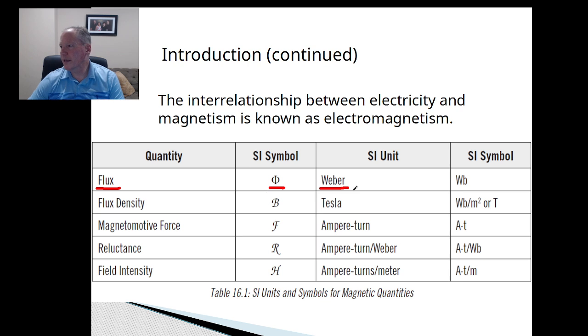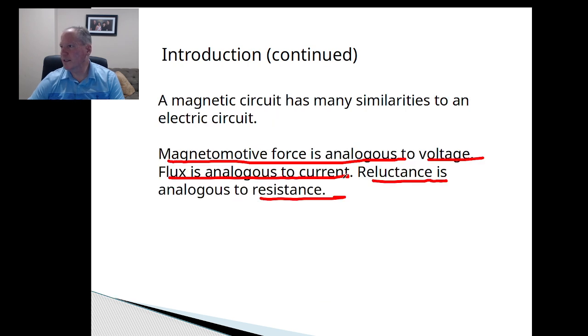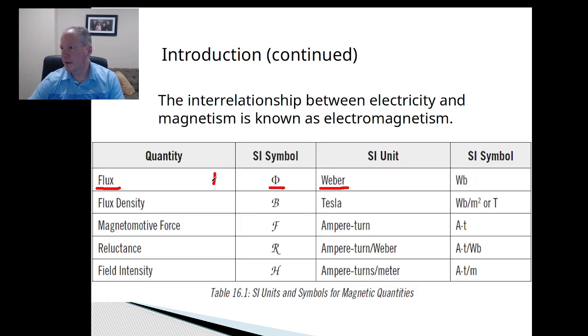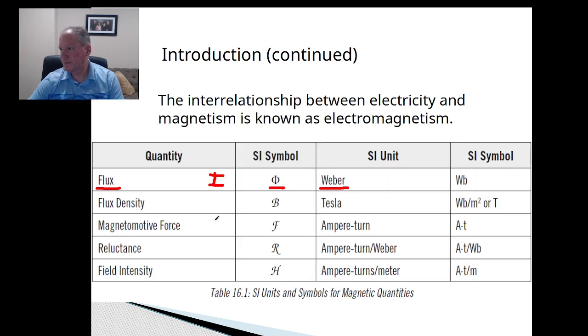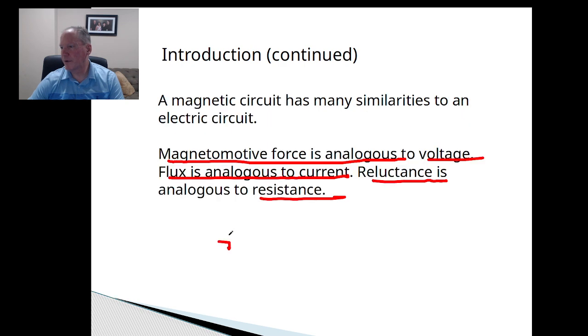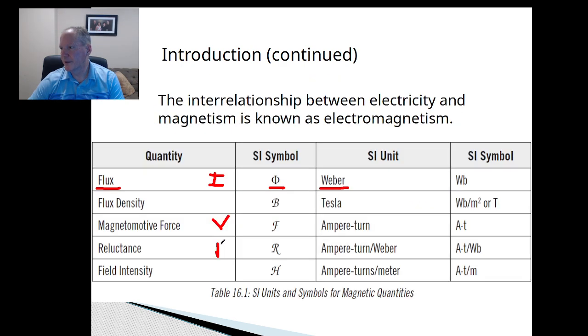So if we go back here, the flux is current, the magnetic motive force is voltage, and the reluctance is resistance. Okay? So in our electronics, the flux is the current, the magnetic force is the voltage, and the reluctance